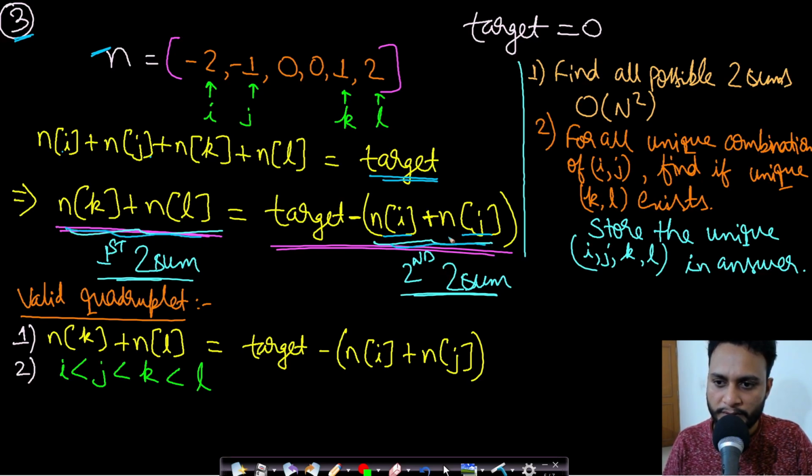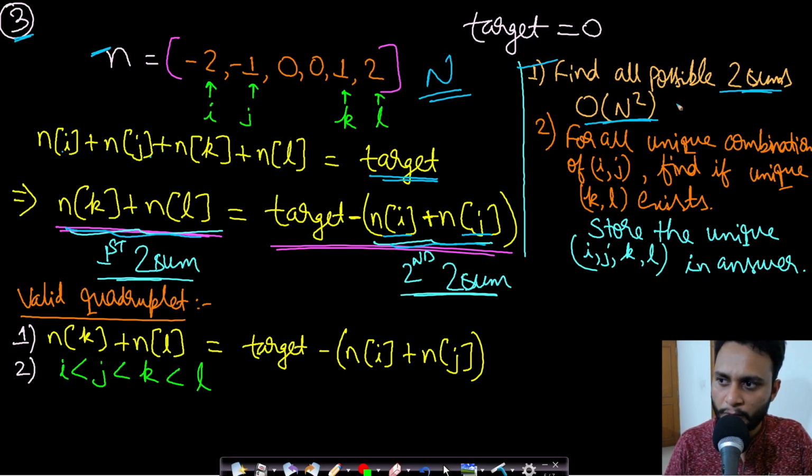So how do we use it? Actually, this is not very intuitive, but still you should understand it so that it can be used in some other problems as well. So we can just find out all possible two sums, right? So how is the approach going? In this case, the first thing is to find all possible two sums. So if you have n elements, then the total number of sums can go in order of n square. And once you have all possible two sums, then what will you do?